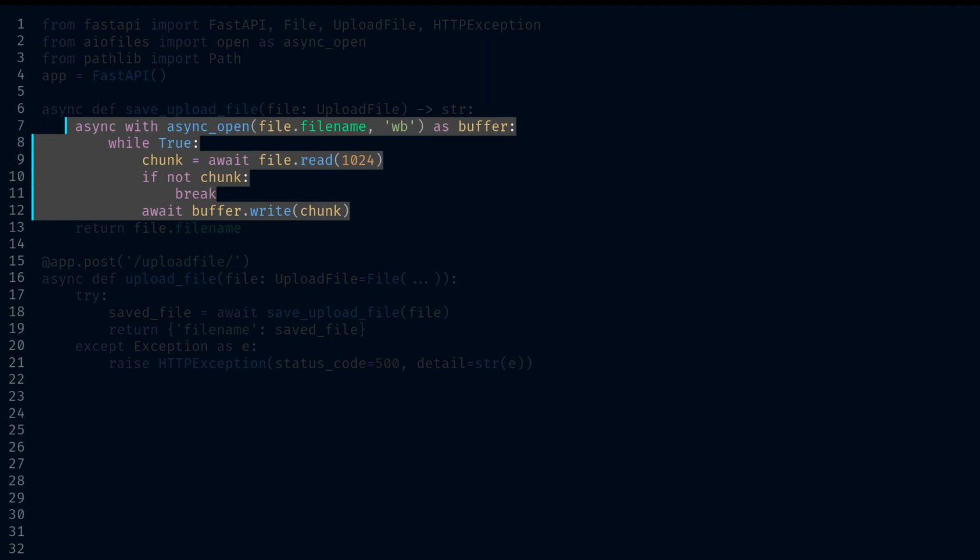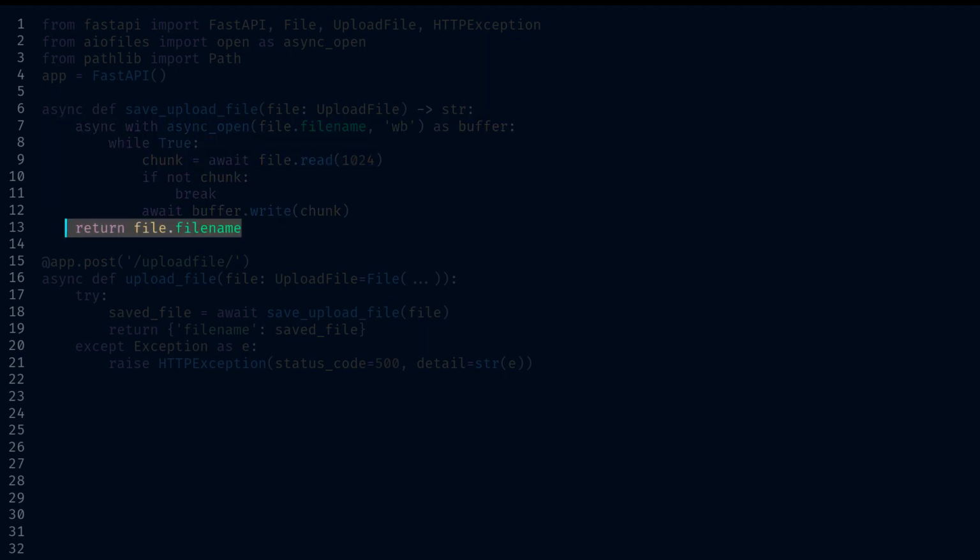In this line of code, we're returning the file name of the uploaded file after successfully saving it to the server's file system. This allows the application to provide feedback on the uploaded file's name, or use it later in the application to